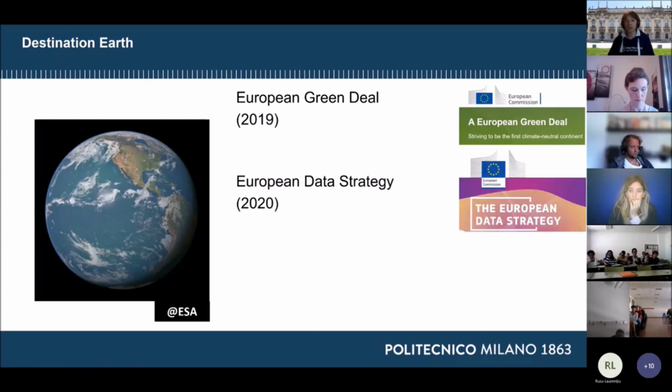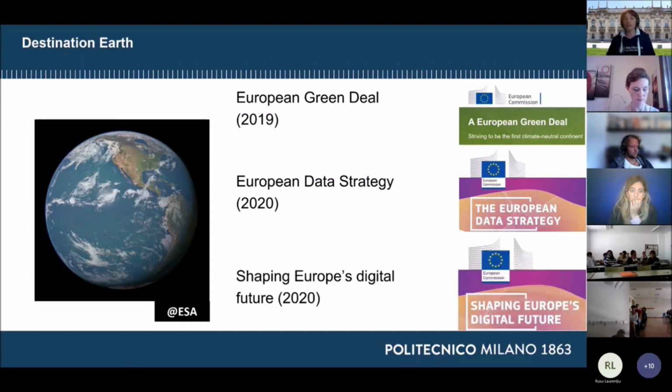The second relevant initiative, I didn't mention the year, so very recent, 2019, but 2020, is the European Data Strategy. So we want to reach that, having the possibility of exploiting all the data that are available, and among them, very relevant, those data I mentioned before, the Copernicus data. And the last initiative that I want to mention is the initiative of shaping Europe's digital future. Again, using the digital data, try to build something that can be useful for this big project, which is called